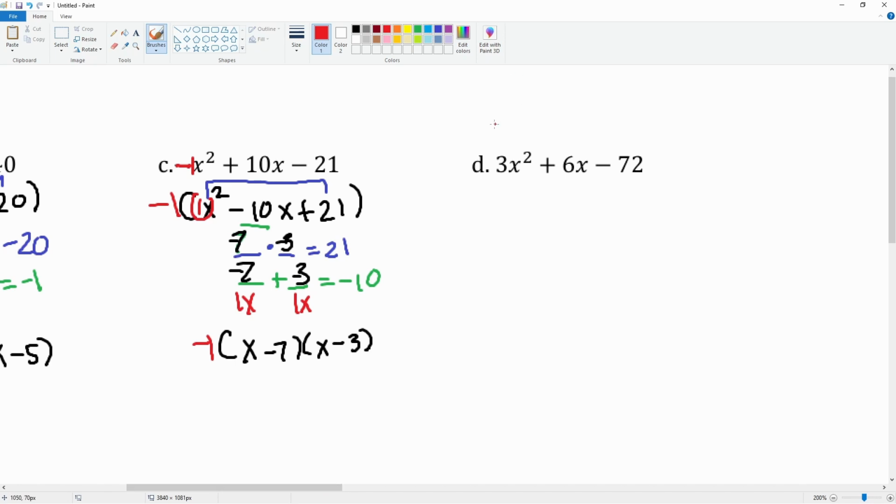And then the last one, oh, there is also here GCF of 3, leaving you with an x squared plus 2x minus 36. Let's set up the dashes. These two numbers multiply to make 36. Then again, these numbers will also add up to